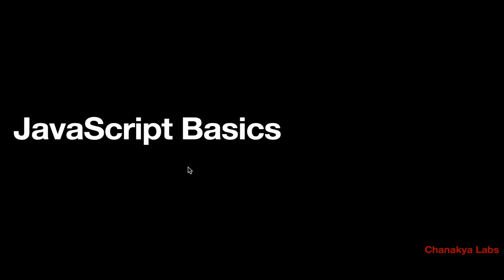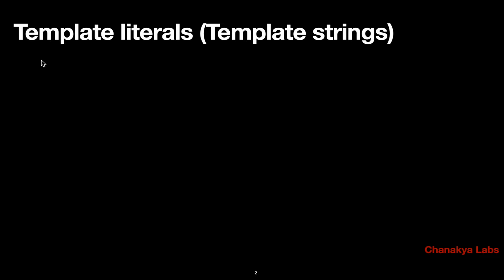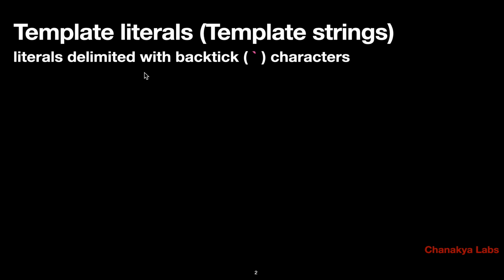Now we will continue with some more concepts on JavaScript basics. Let's first get started with something called template literals or template strings. Remember earlier I told you that strings can be made of single quotes, double quotes, or backticks. And that time I told you that single quotes and double quotes are like normal, but with backticks, when you create simple strings, it's obvious that you can simply use single quotes